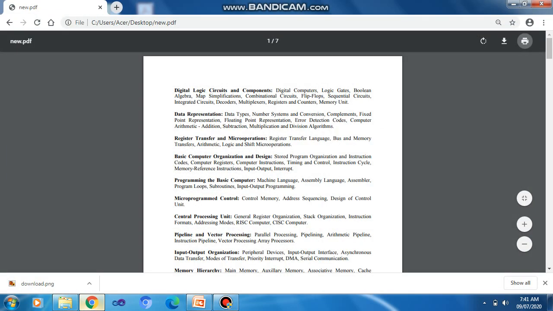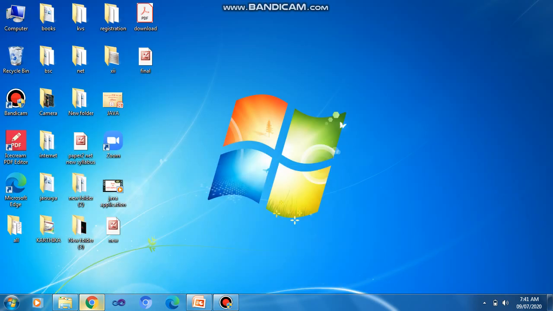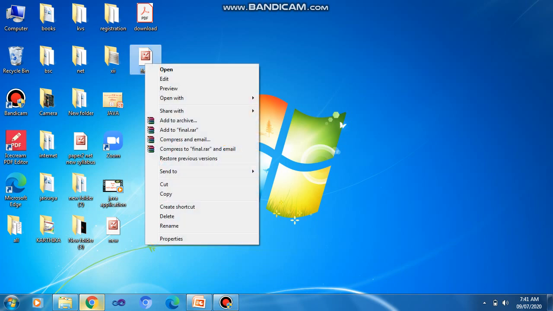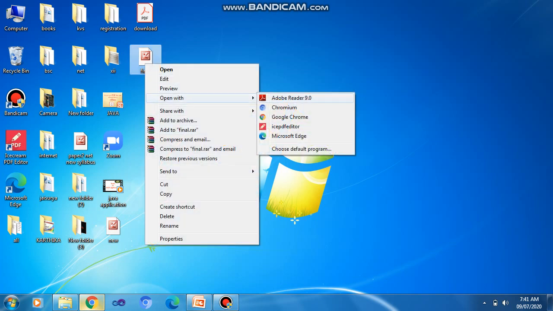Save. So when we are splitting the pages, it will not disturb the old PDF file. You can see this is the old PDF file we already saw, that is 1 to 7 pages. I am splitting the pages, and that is created as the new PDF. You can see, I am just minimizing. Then I will store this file on the desktop. You can see this is a new PDF file that is split. So I am clicking to open it.